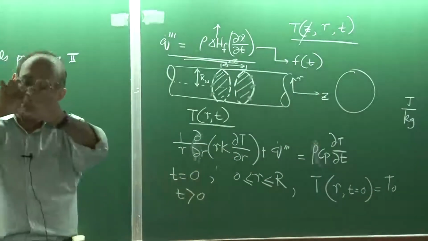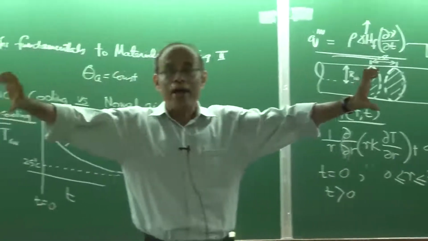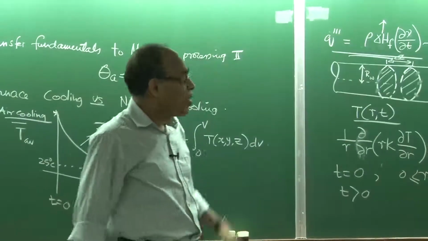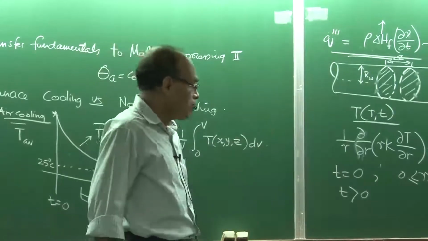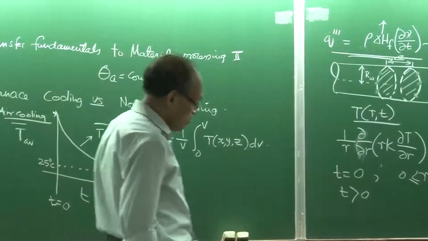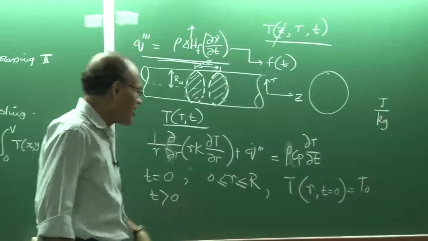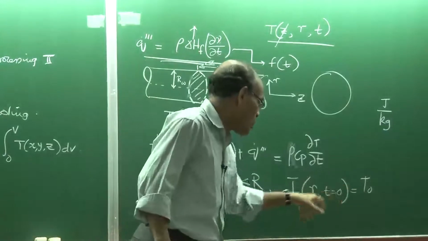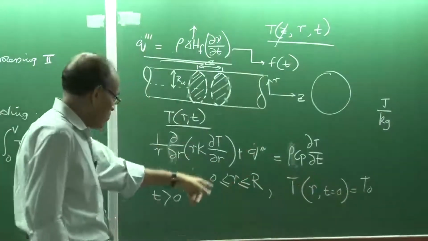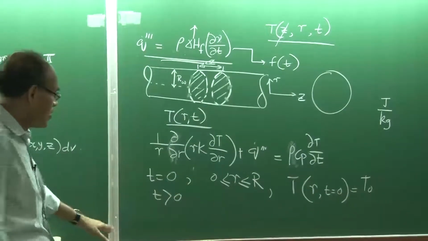So I have taken the entire wire to a temperature greater than the AC3, maybe 1180 or 1200 degrees centigrade or so. Anything greater than, I think, 930 degrees centigrade should suffice. So it is a homogeneous temperature, and that is the initial condition. At time t greater than 0,